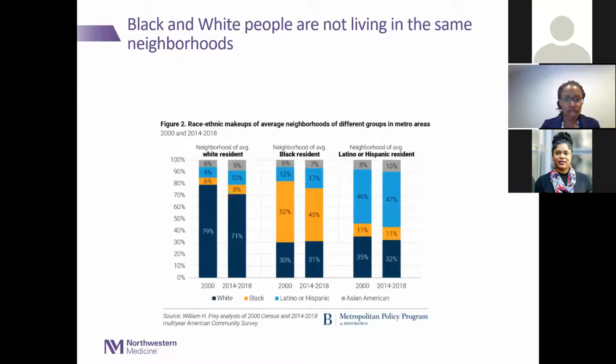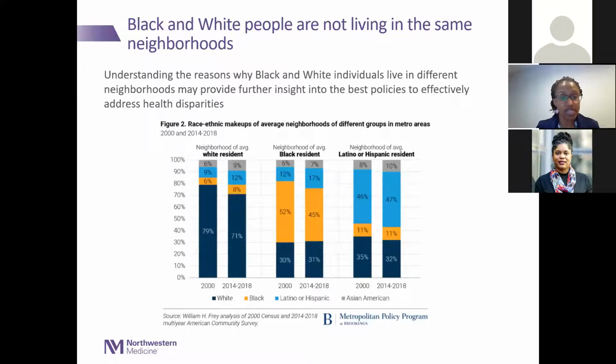But the reality is Black and white people are not living in the same neighborhoods. So this is highlighted in this Brookings Institute document, but has been shown countless times. The neighborhood of the average white resident, Black resident, and Hispanic resident is markedly different. And understanding the reasons why individuals live in different neighborhoods may provide further insights into the best policies to effectively